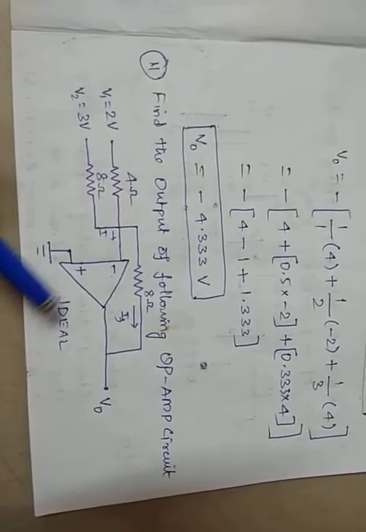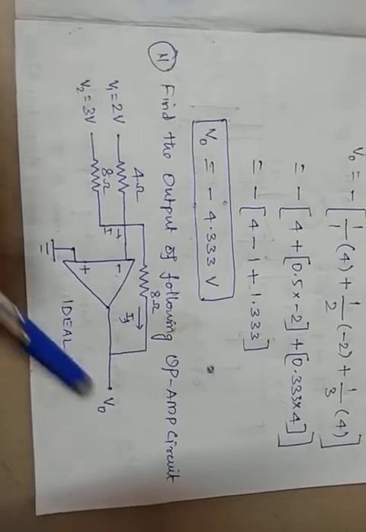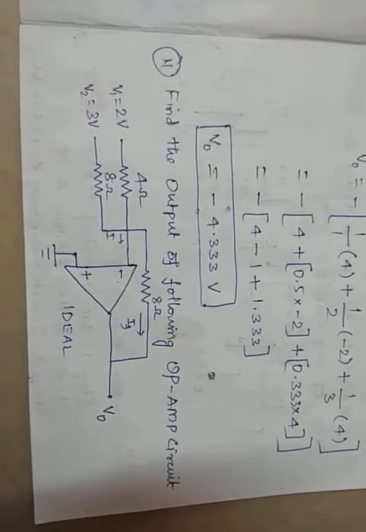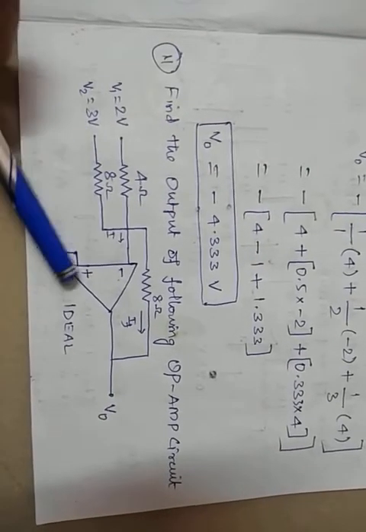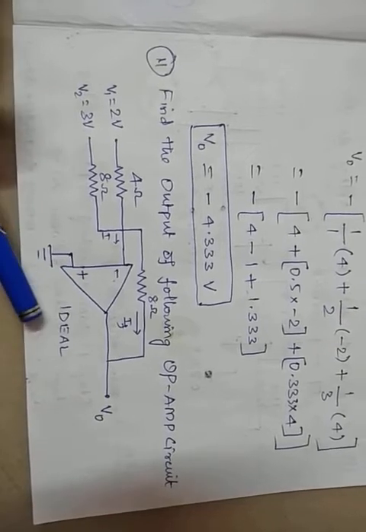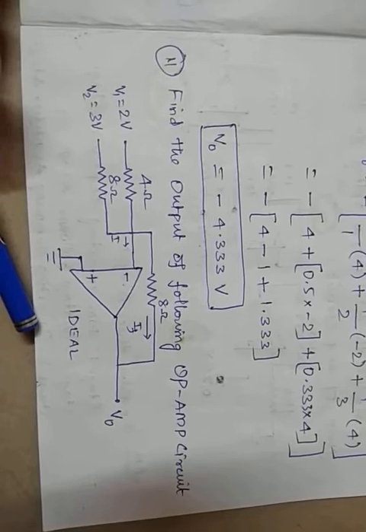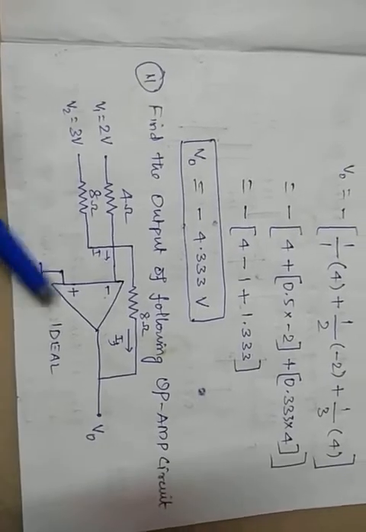And whenever ideal is given, don't think that the output value is 0. One of the students asked, sir, the output should be 0 for an ideal amplifier. But it is not correct, because when we discuss this inverting and non-inverting, we are assuming it is ideal and VA equals VB, like that only we assume. After assuming that only, we got Vout equal to this relation, am I right? So don't think that Vout is 0 for an ideal operational amplifier. It is not correct.